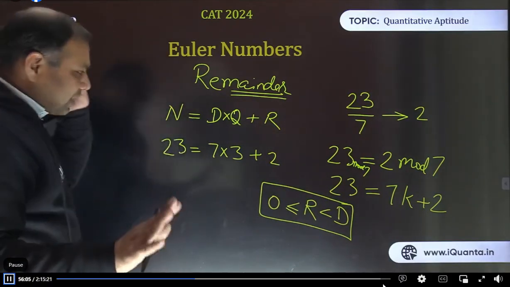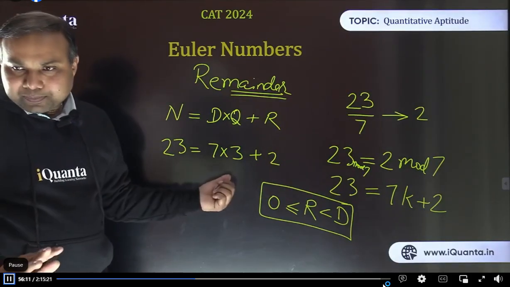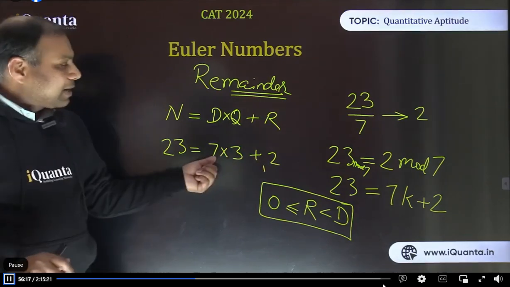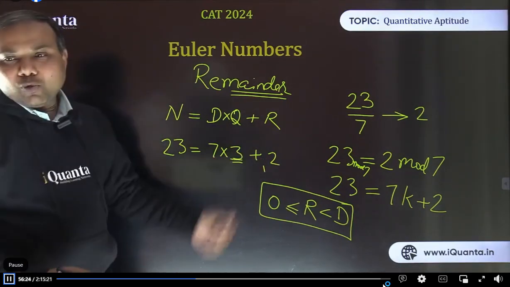Okay? So just try to understand what we are discussing here. Now 23 is 7 times 3 plus 2. Is it true? Yes or no? Tell me this point. 23 is 7 times 3 plus 2. Fine? What we have done is made groups of 7. How many groups of 7? 3 groups of 7 we have made. That means 21, and 2 is remaining.